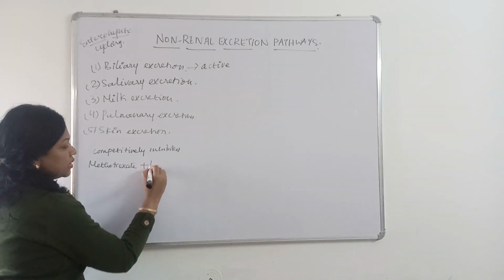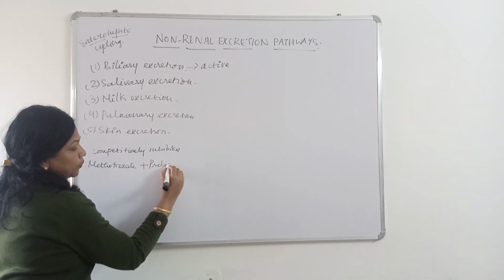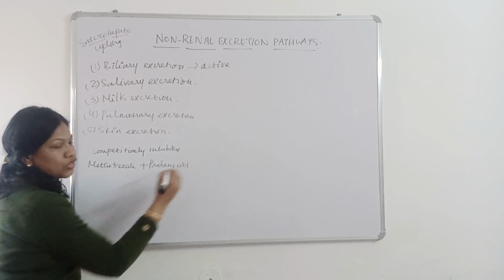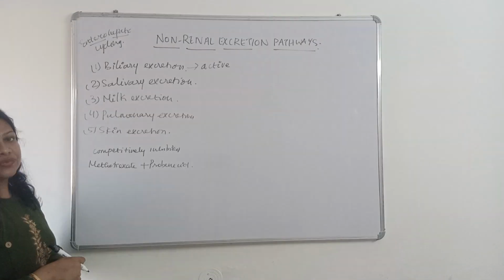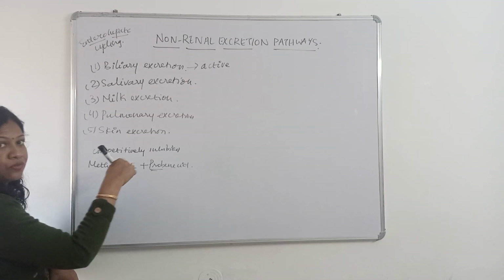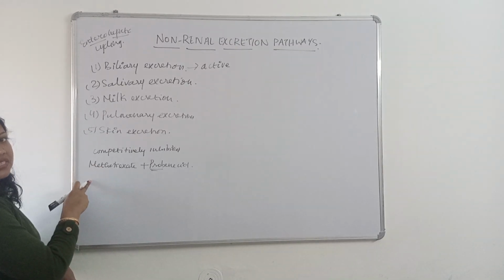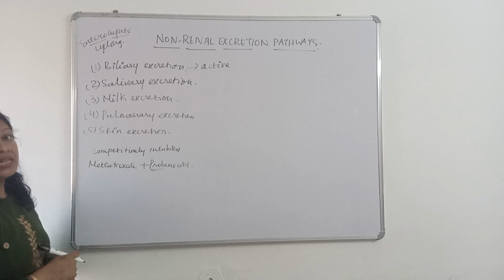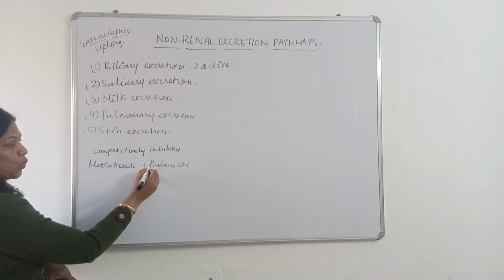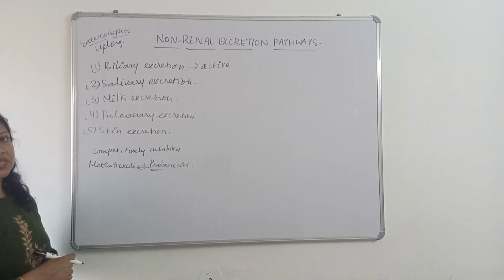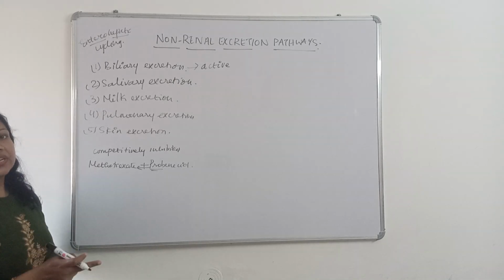But when you administer probenecid, like in renal excretion, where tubular secretion of penicillin was inhibited by probenecid, here biliary excretion of methotrexate is inhibited by probenecid. So if you co-administer probenecid with methotrexate, methotrexate will not get excreted out